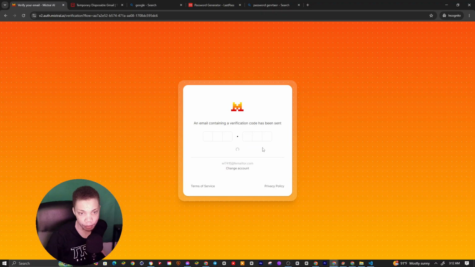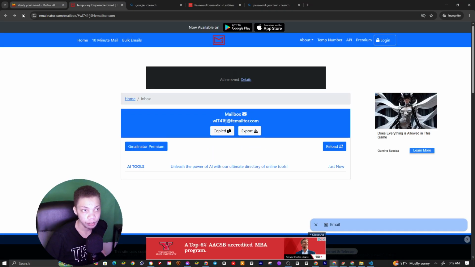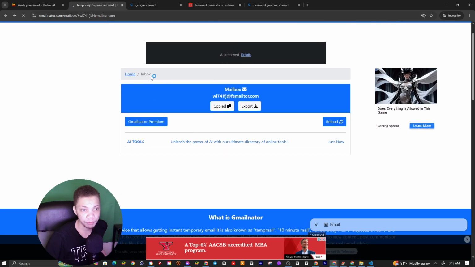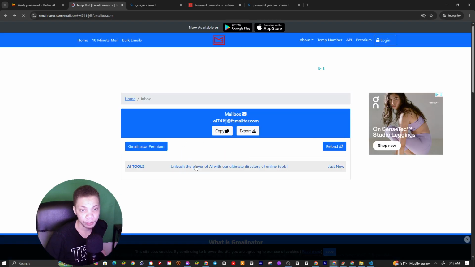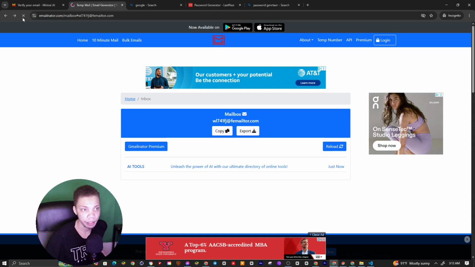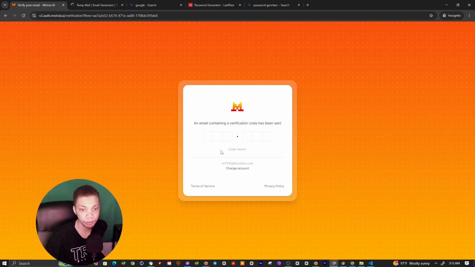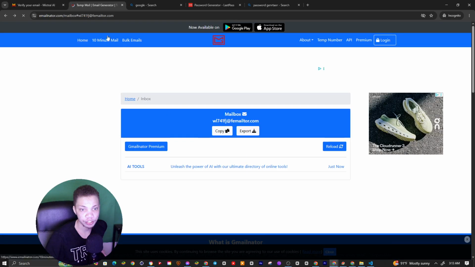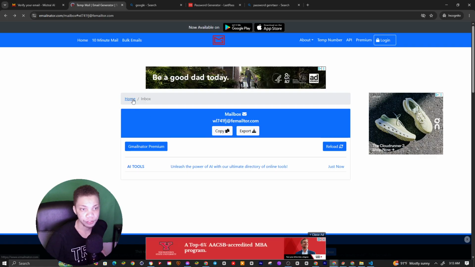We're now gonna basically send over an email to this thing, so we just let it load real quick. Did not receive an email? We just click "Did not receive an email" and click resend. It's gonna say code sent. We just wait for the code to come through, and it should be coming through in a bit. If it doesn't come through, we can always change the email. It still didn't come through.